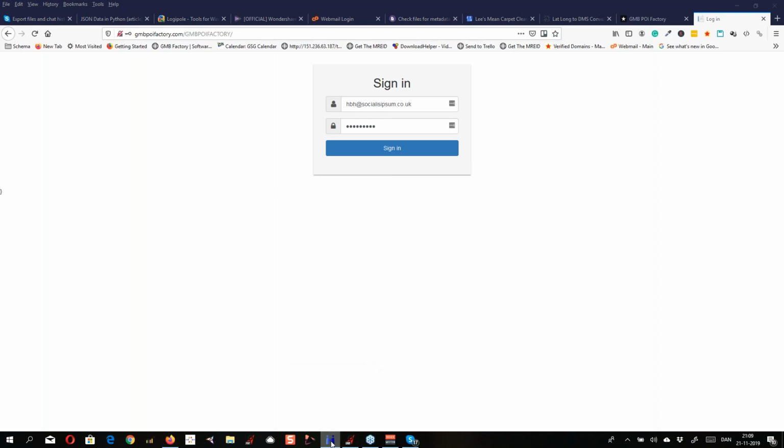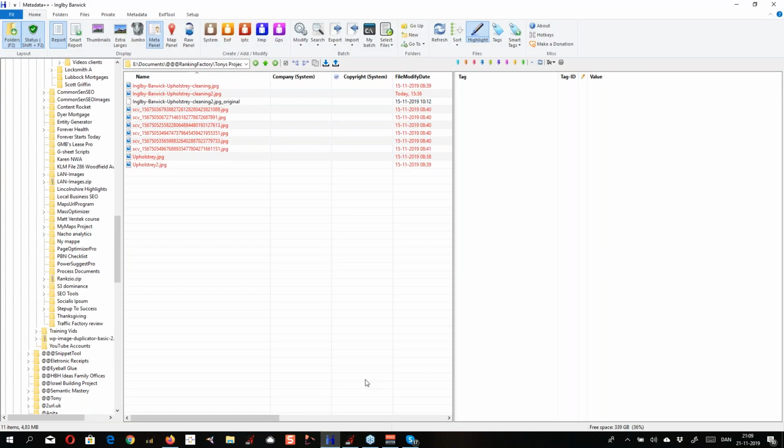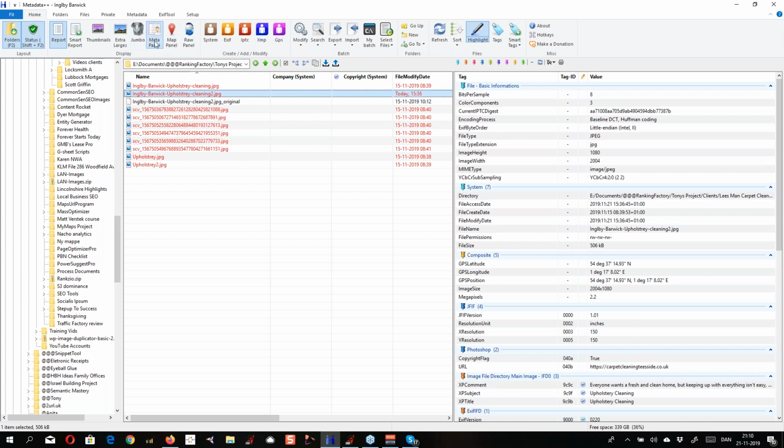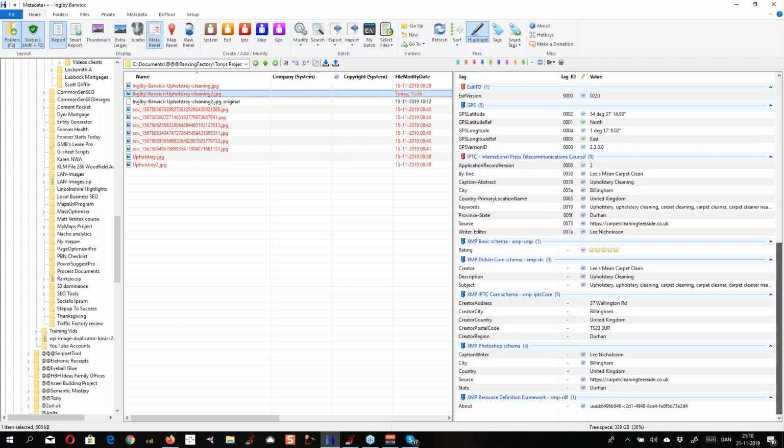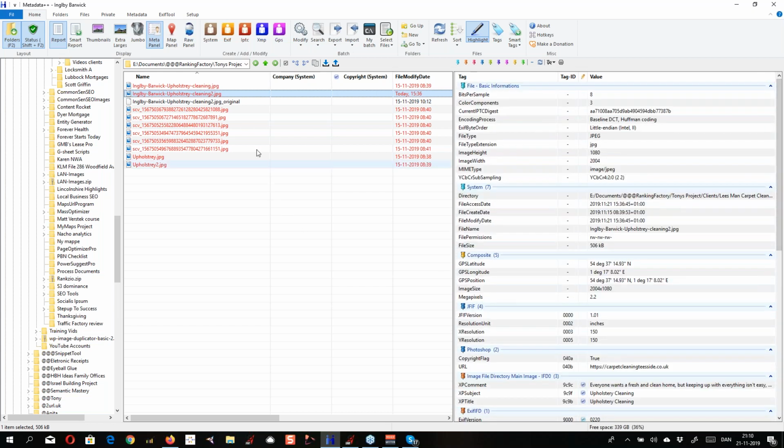What I did today, I found a very nifty little tool called Metadata Plus Plus. It has some fancy tools up here. If I go to the image that I chose before, you can see I have the metadata panel, and it shows me over here all the fields where we have stuffed data into it. Quite neat. Then I have an icon called the map panel. So if I hit here,